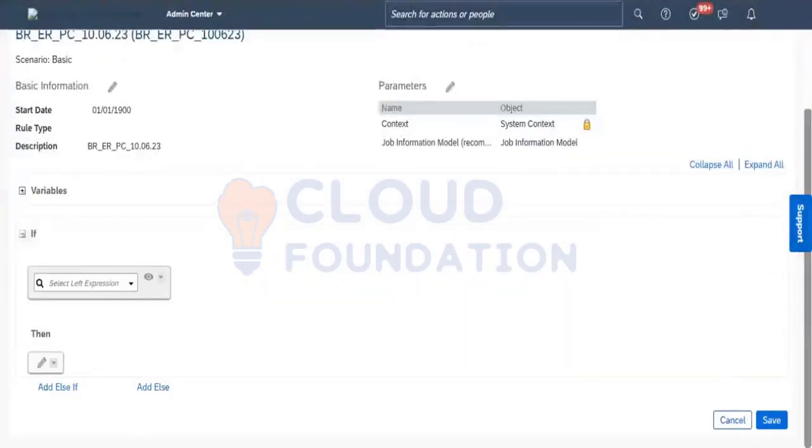Now when you enter the screen, as I discussed, first of all we can see the scenario which we have taken as basic information, and here you can see the parameter. I have taken job information as the basic. Now, you may have a requirement where you want to connect fields which are in different portlets. So that we call